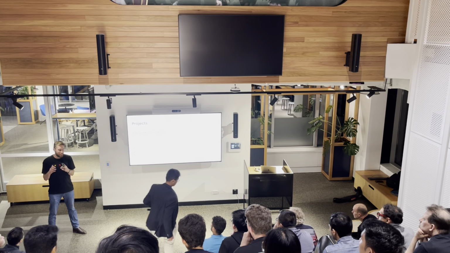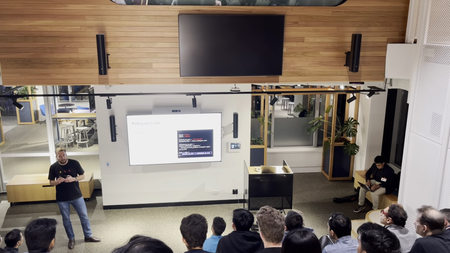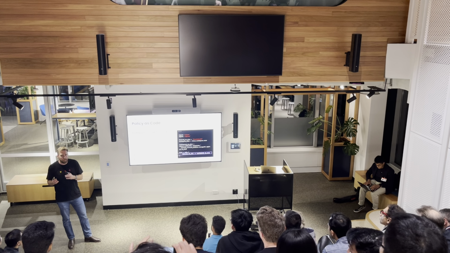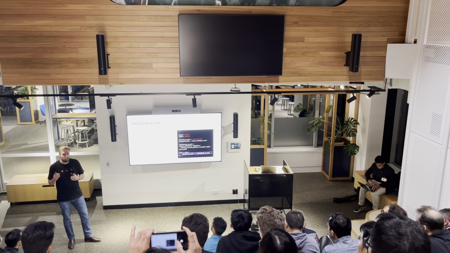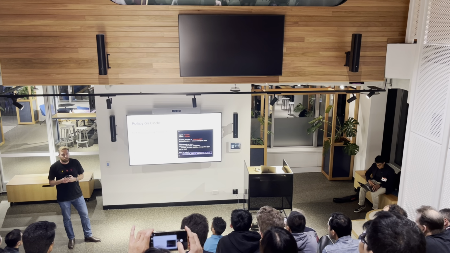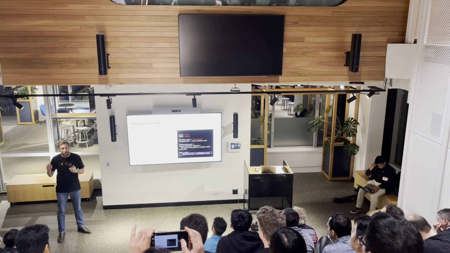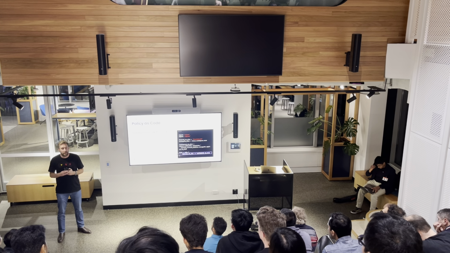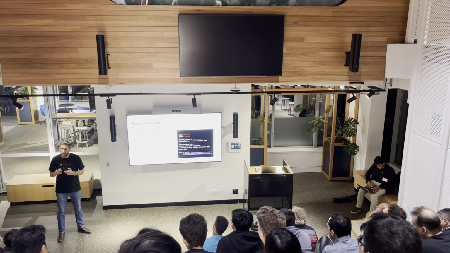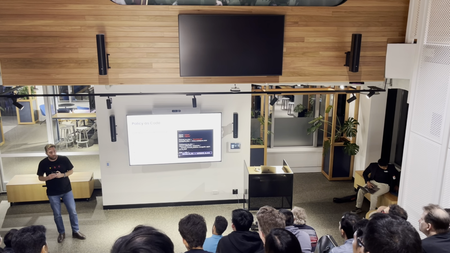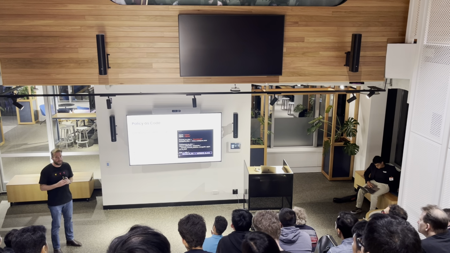Sensitive variable storage and governance as well. Is anyone here familiar with OPA? Open Policy Agent? Some hands? It's a governance framework to ensure that people aren't making silly mistakes, such as opening up firewalls to the internet or Port 22, and controlling what's being deployed into clouds. When you start scaling out through infrastructure as code, you're giving a lot of people a lot of ability to provision very quickly and at scale.